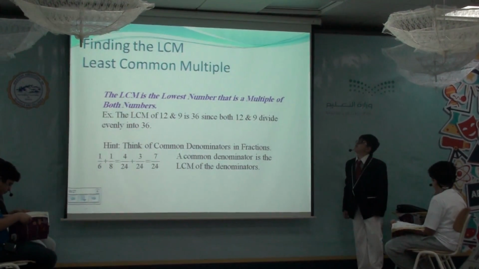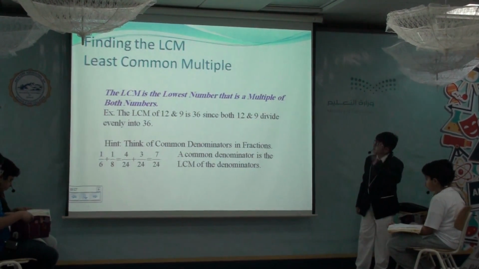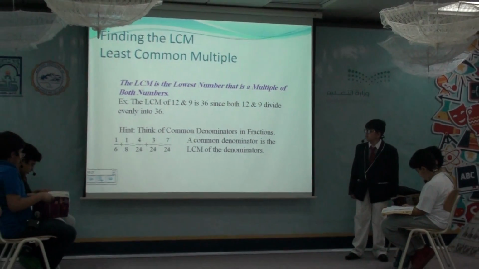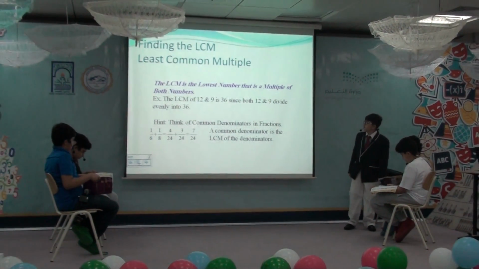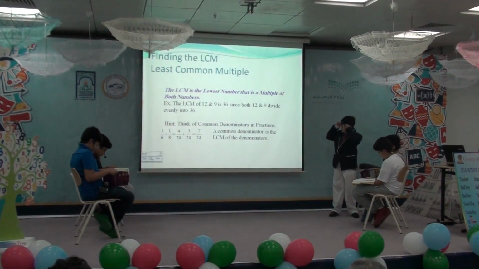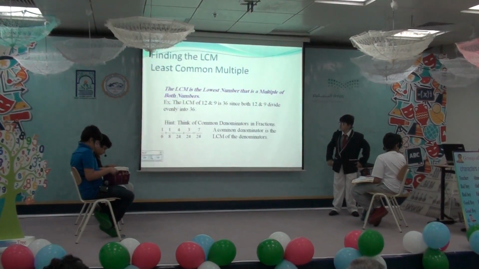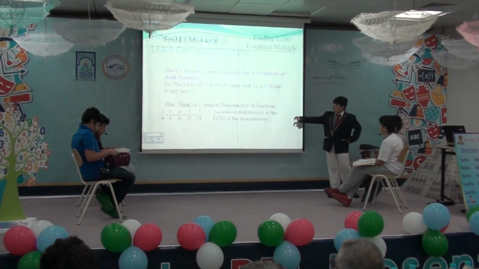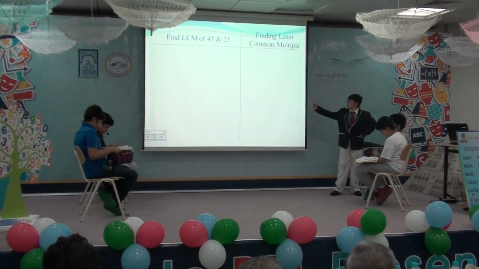Finding the LCM. The LCM is the lowest number that is a multiple of both numbers. Example, the LCM of 12 and 9 is 36. Both 12 and 9 divide evenly into 36. Find the LCM of 45